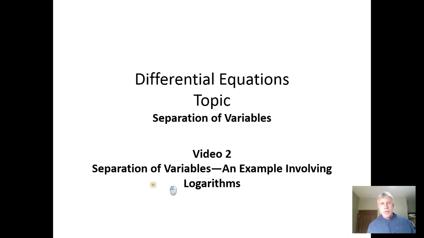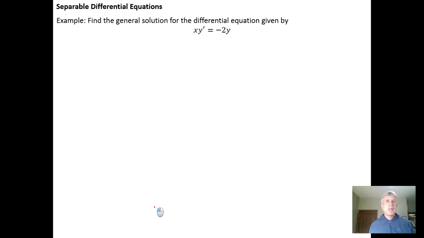So in this video we're going to do separation of variables again, and the integration is going to involve a logarithm. So we have the differential equation x times y prime equals negative 2y. If I rewrite that, y prime is the same as dy/dx, and this equals negative 2 times y. So if we multiply both sides by dx, we get x dy equals negative 2y dx,